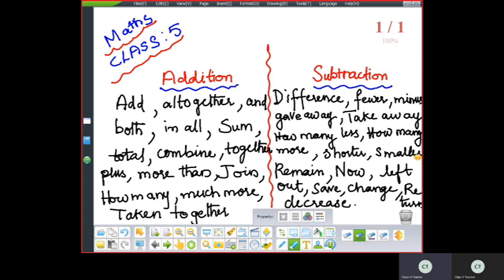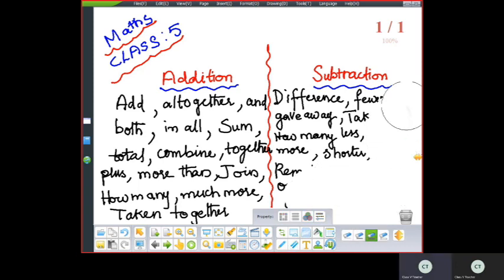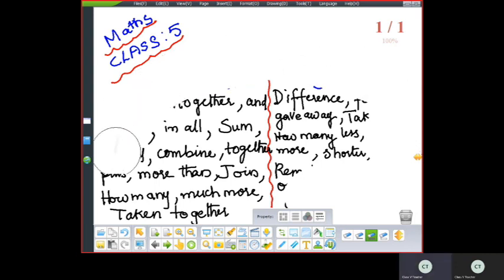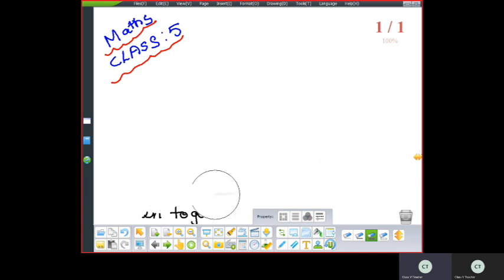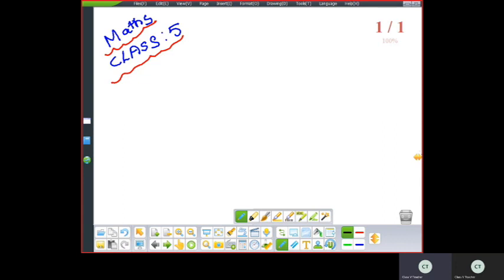Okay. So now let us start some more addition problems. The next topic is addition. So addition, you know, what is addition? Combining the two numbers. So addition of numbers. What is the symbol of addition? Plus symbol. Yes or no? Plus symbol. Addition, what is the result called as? Sum is called as the result.